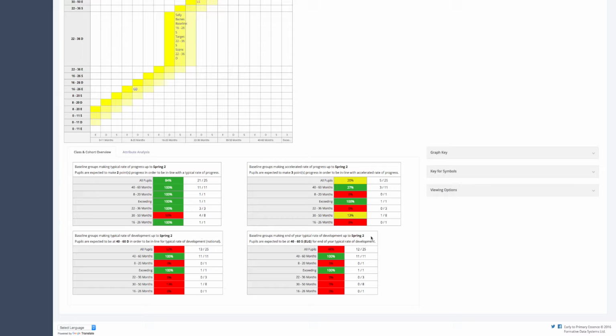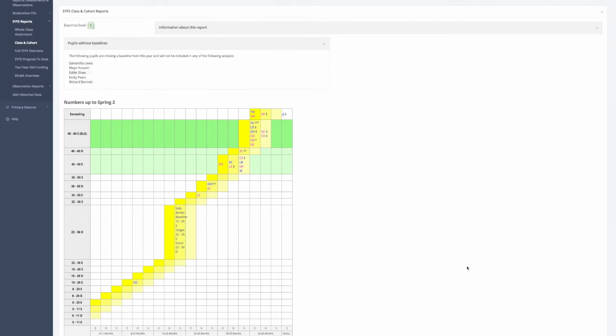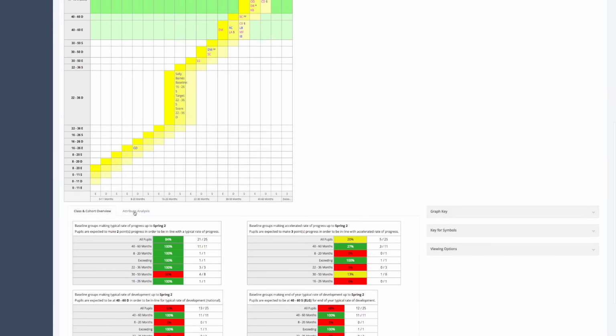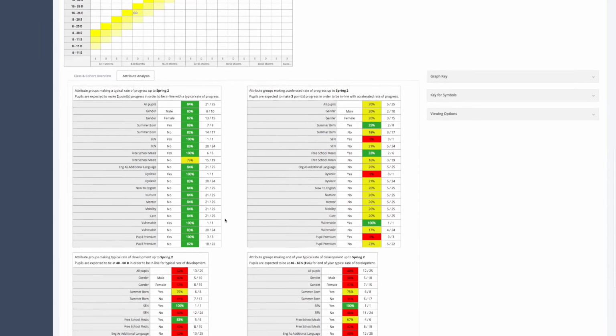All children, baseline groups. Ultimately, if your development is not great on track, at the end of the year, your summative won't be great. However, if you've got really strong progress and good accelerated, that will improve throughout the year. To have all those filter criteria in one accessible, easy report, you'll notice that they're all listed there, but most